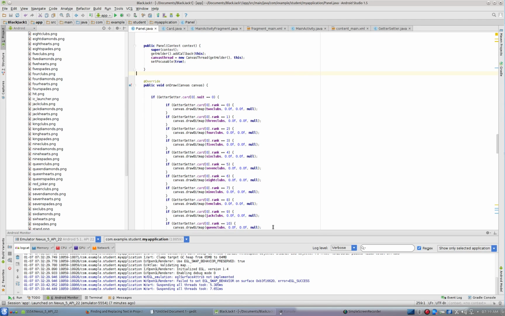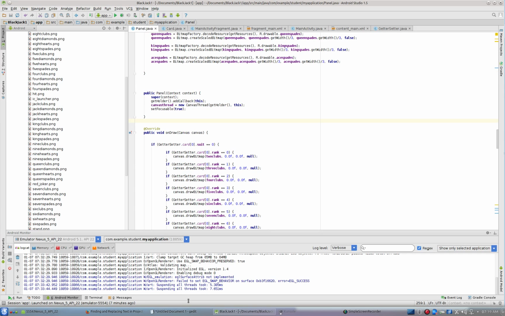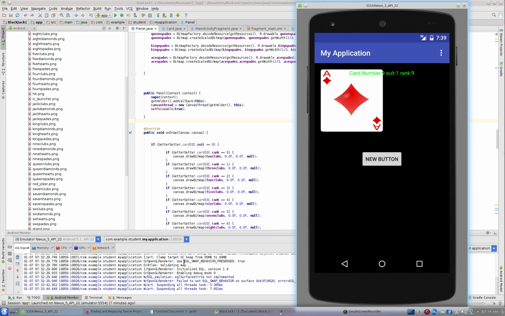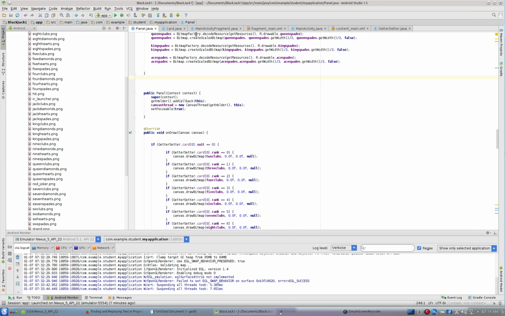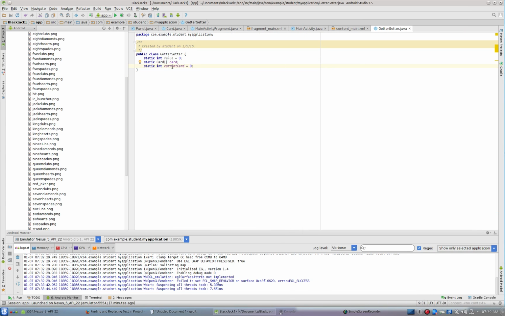Okay, in this video we're going to draw cards according to a button press, and you can see that I've got a button here that advances the card number and the rank as we go forward, but it's not drawing new cards. In this case I'm drawing the Ace of Diamonds because that happens to be the first card in our shuffled deck. Okay, so let's start with our Getter-Setter class,